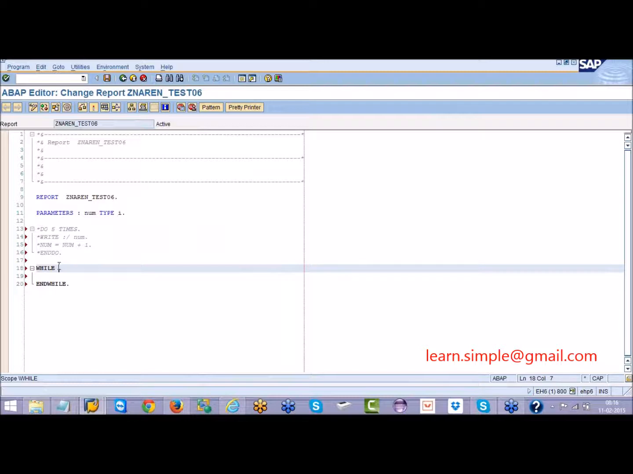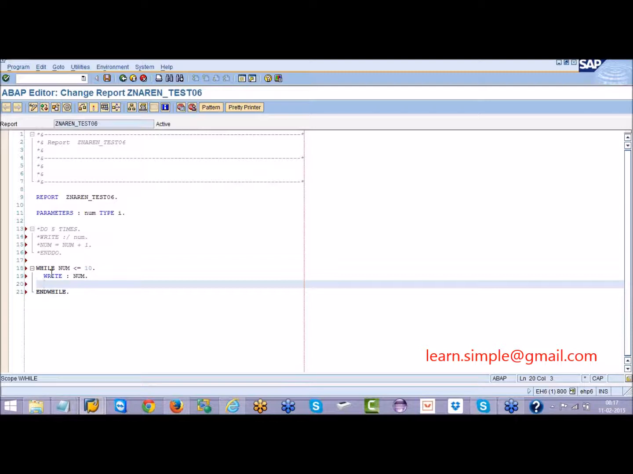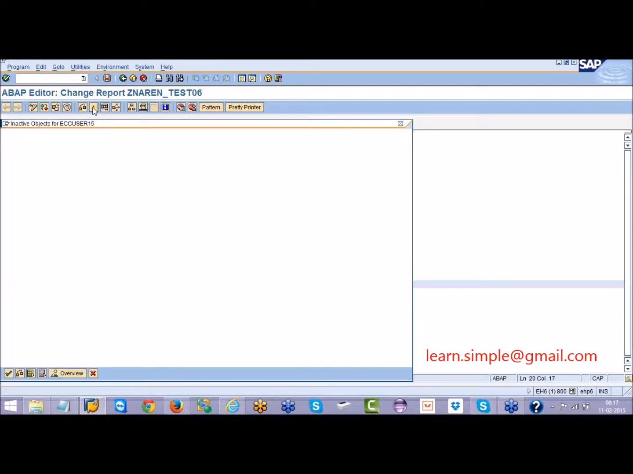So you can say while number is less than or equal to 10, write number, then number equals number plus 1. For example, I have written a program like this. What is the meaning of this? For example, in the input selection screen,